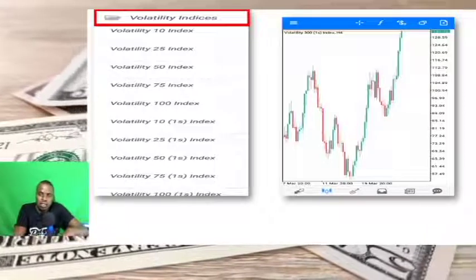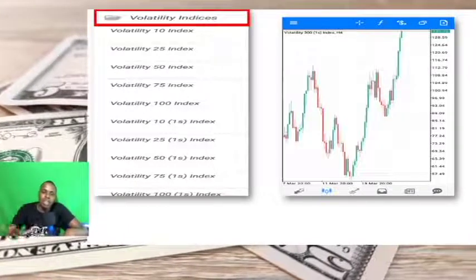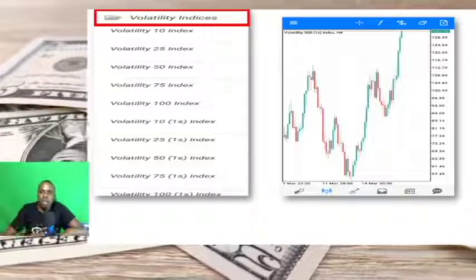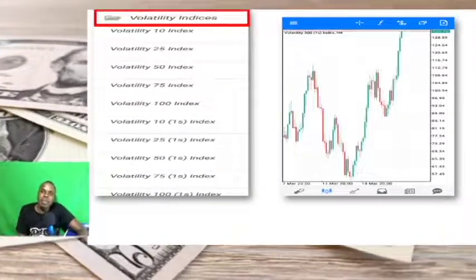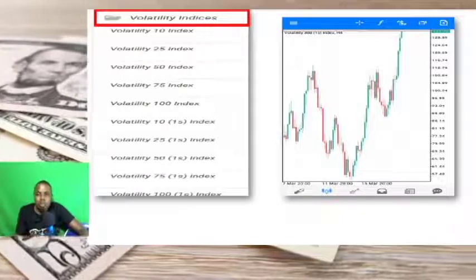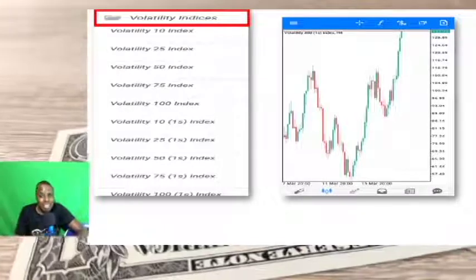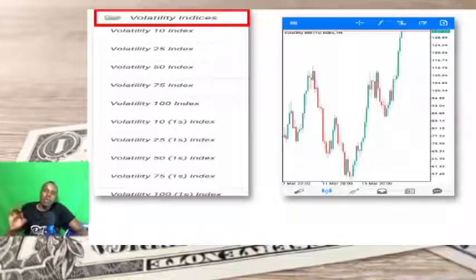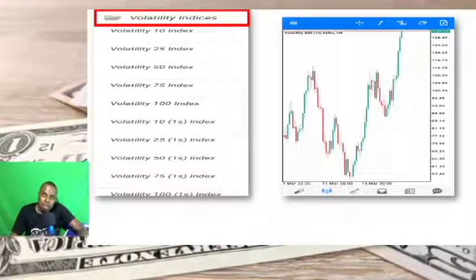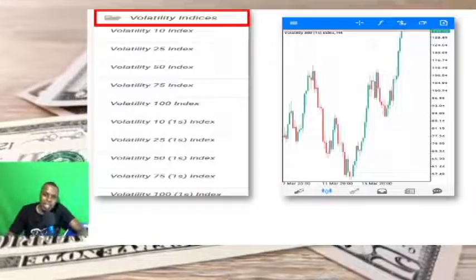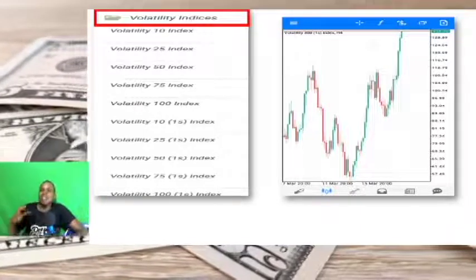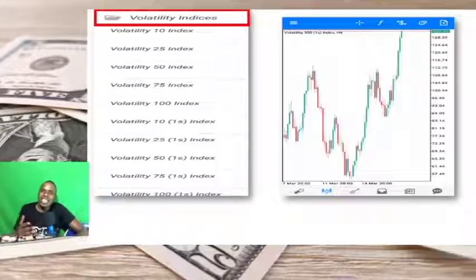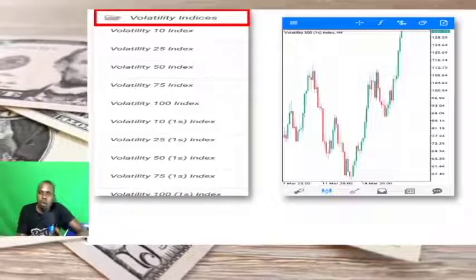It's just a move just like any other market, but it has different levels of volatility, and it has constant volatility at each and every level. So let me explain. Let's say you are trading the volatility 10 index. You are going to be trading in the morning, in the afternoon, in the evening, in the night, in the middle of the night, or even tomorrow morning, but you are just trading the same level of volatility,